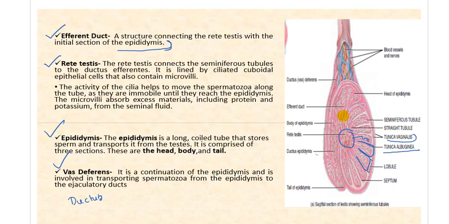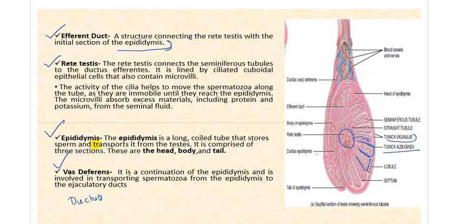This is the efferent duct, and then there is the epididymis. These are all connecting structures. They help in the movement of the sperm. Sperm are produced within these lobules, then they move via the rete testis into the efferent duct, into the epididymis, then into the vas deferens and the urethra, penis, and into the vagina, or outside the body. So these are all connecting structures. So what I told you, right?